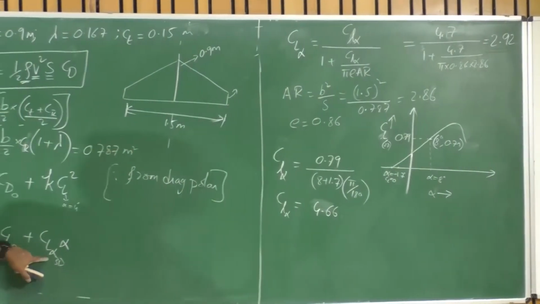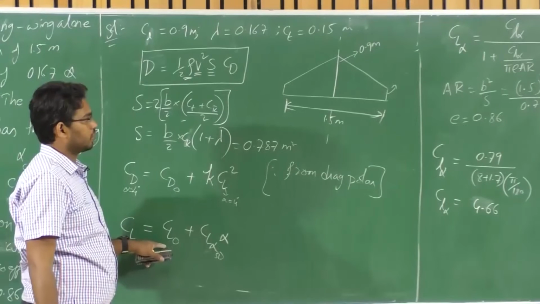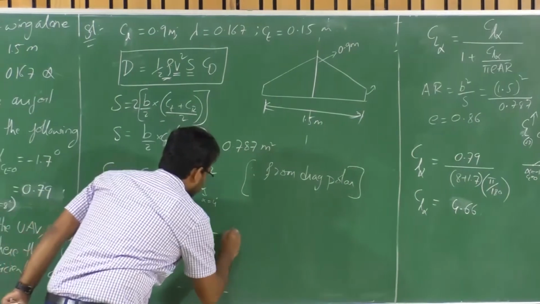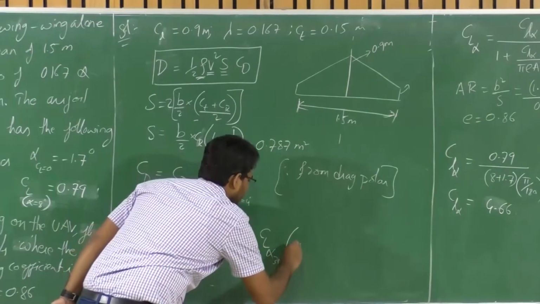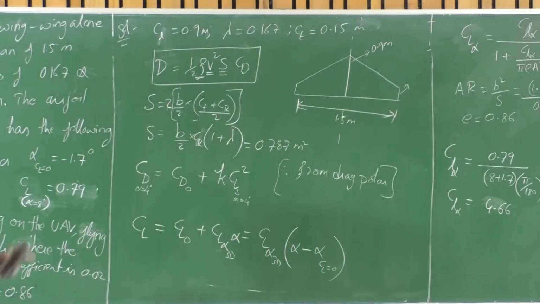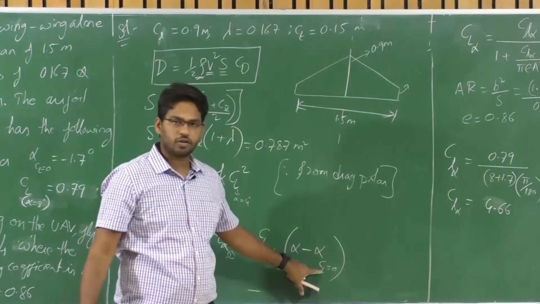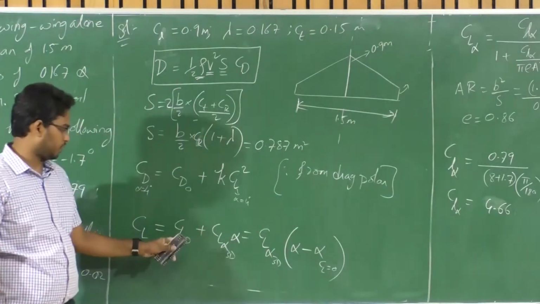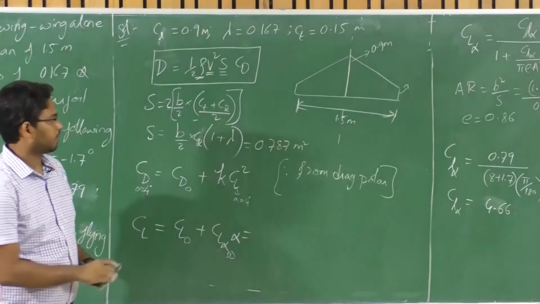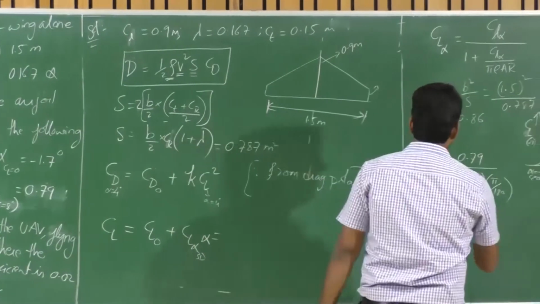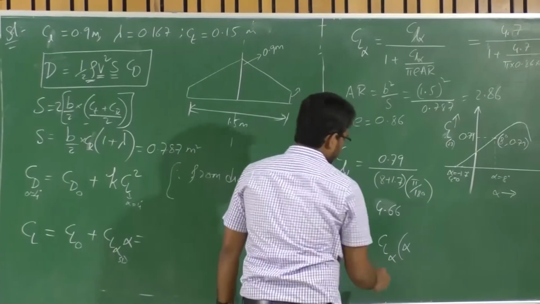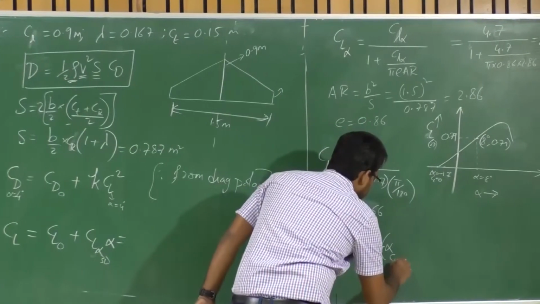So now I know what the 3D CL alpha is. I need to know what CL naught is. I can use this formulation, or what I can say is this is equivalent to CL alpha 3D times alpha minus alpha at which CL is equal to 0. Am I correct? Because for airfoil and wing, we know that the alpha at which CL is 0 is the same. But let us use this approach to find CL naught. So CL naught is equal to CL alpha 3D times alpha minus alpha at which CL is 0.